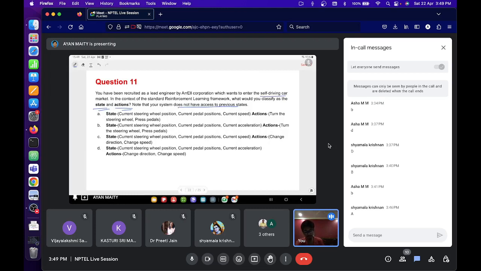So in any reinforcement learning framework, the state should contain all the features or all the variables that the agent should know to take an action or make any decision. So state should contain all the things that it should know to take an action. So in our case, for a self-driving car, the things that the agent should know in order to drive the car,